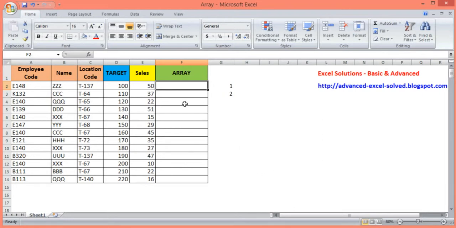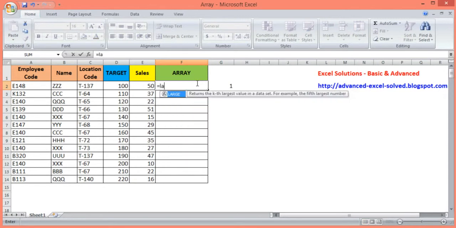I will take the previous example. I need to find the sum of the two largest numbers. So I write here 1 and 2. I write the function LARGE, and I put the array, and it is asking for the position k. I need the first and second position, but how to put it?